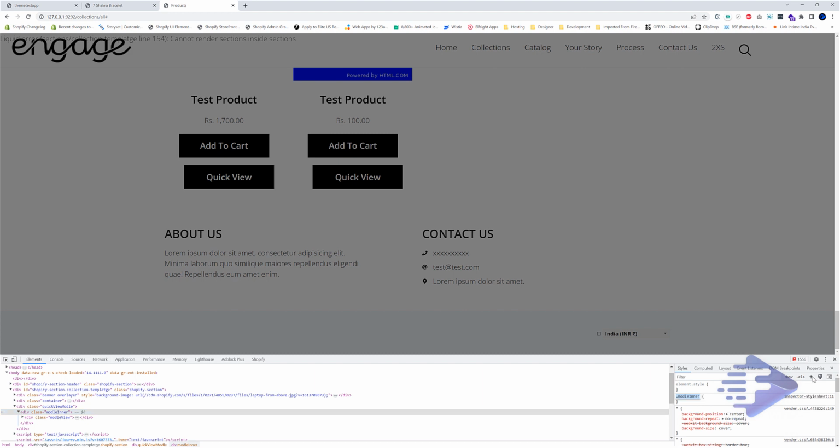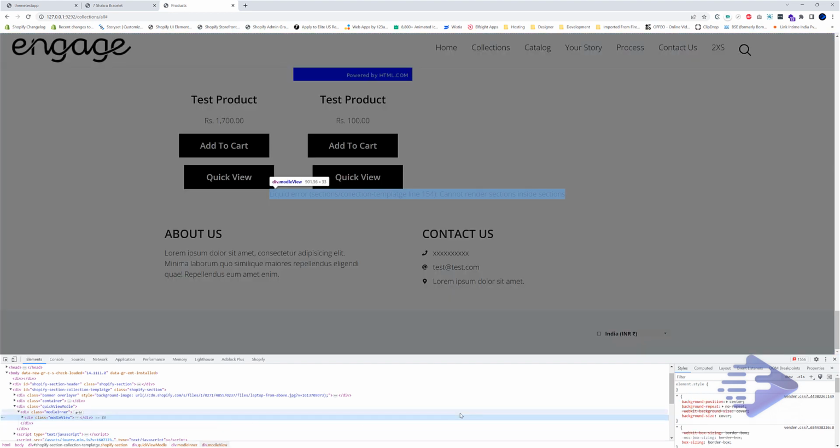Let's say this one display grid, and place item center, and height will be 100%. So now we got our item in center.